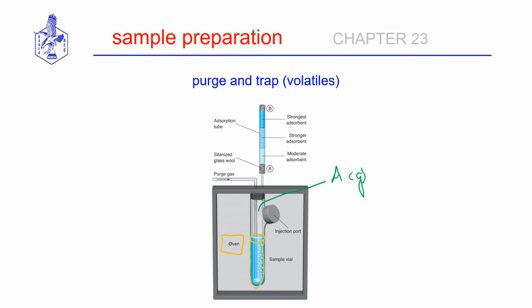Those gaseous components can come up and be trapped into these sorbent materials up here. Once again, pre-concentrating them, putting them into a smaller volume, and then we can take this tube